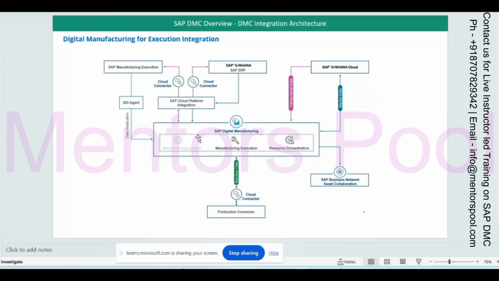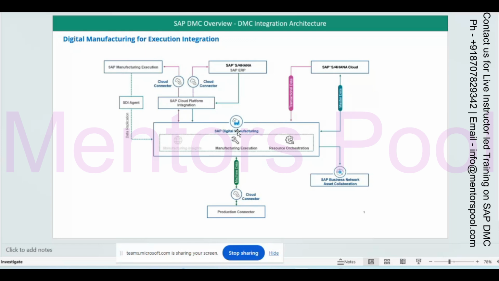So earlier I also told that SAP Digital Manufacturing is connected to S/4HANA through CPI. But if you go into more depth, the cloud connector comes in as well, because first you need to use the cloud connector, then only your on-premise system will be exposed to cloud, and then it will be CPI and then Digital Manufacturing.